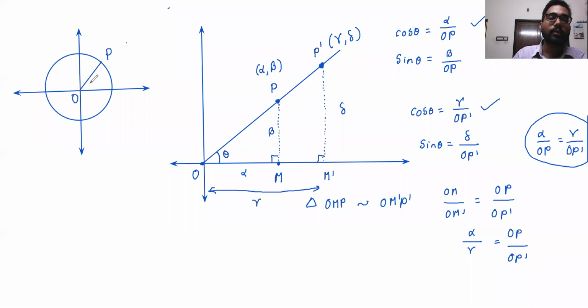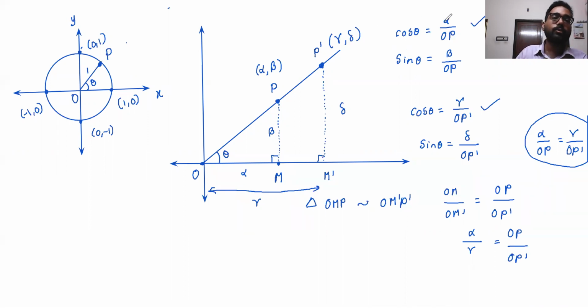So if you take theta, now I am taking a circle of unit radius. So this point is 1, 0, and this point is 0, 1. This point is minus 1, 0. This point is 0, minus 1. This will make our life so much easier because we don't have to worry about the denominator all the time. This is anyway 1 unit. So we just have to leave OP, right?